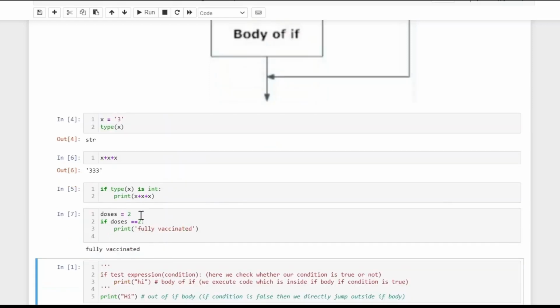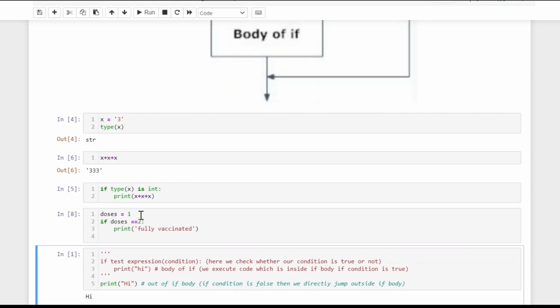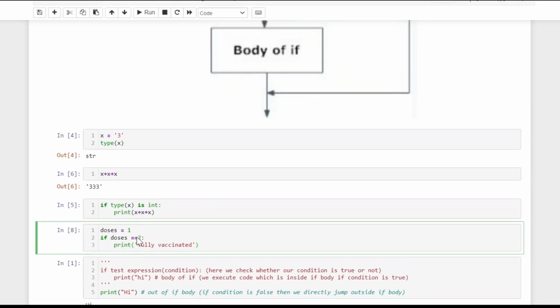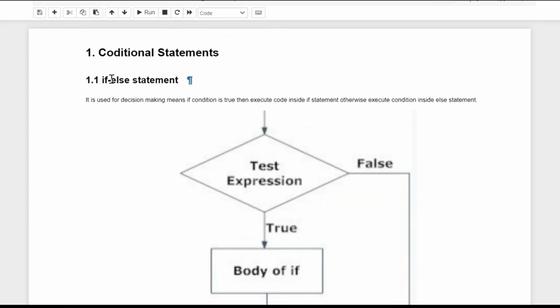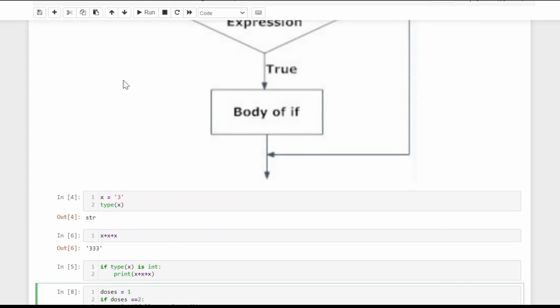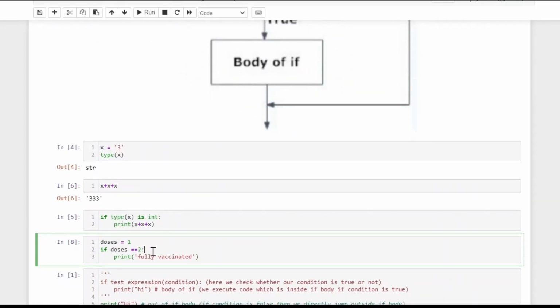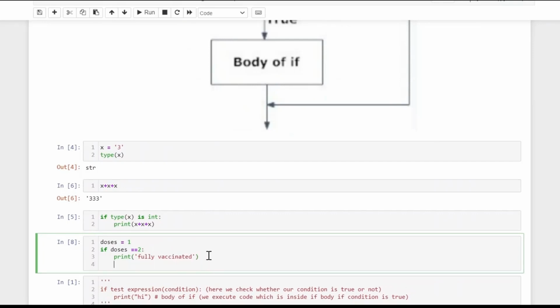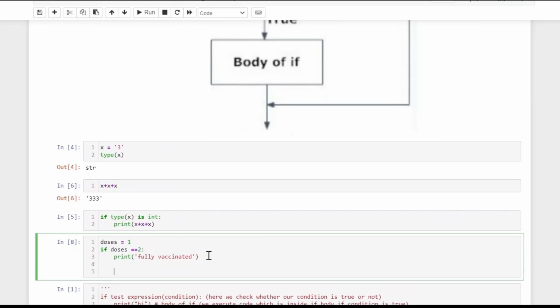So if the person has taken only 1 dose, this will not be printed over here. That's the reason else came into the picture: if the if condition is not satisfied, then we can go with the else. For example, else means anything